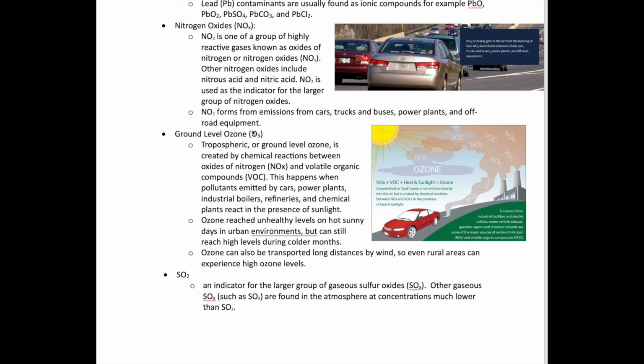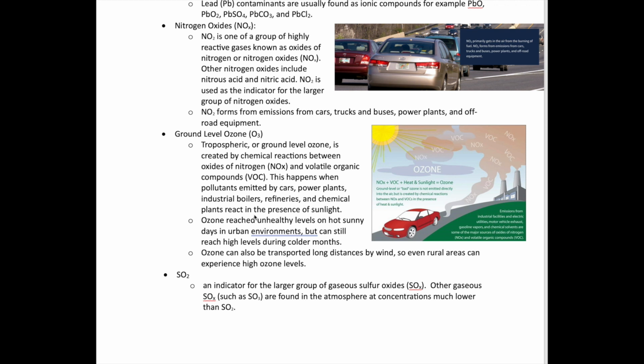Ozone is another covalent compound that exists as a gas. Typically, we don't find it at the level where we're at in the atmosphere. It's usually found at a much higher level. However, what we are talking about here is what we call ground level ozone, or tropospheric ozone, which is ozone found at low level in the atmosphere. And this is because it's a reaction between those NOx compounds and things we call volatile organic compounds, or VOC. These volatile organic compounds are generated from industrial processes and some cars and so on. And in the presence of sunlight, these two compounds will react to produce ozone.